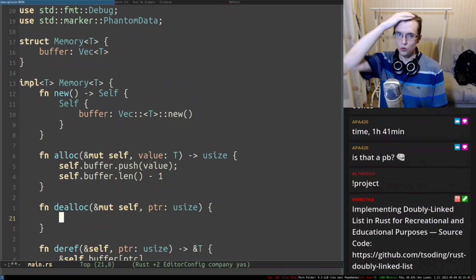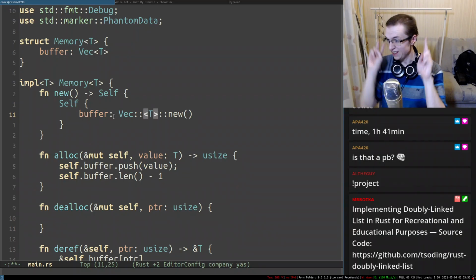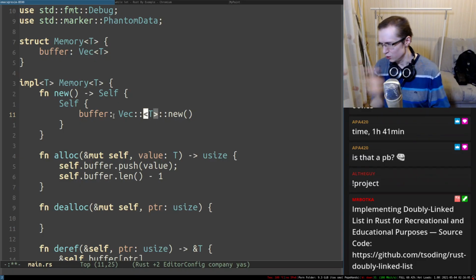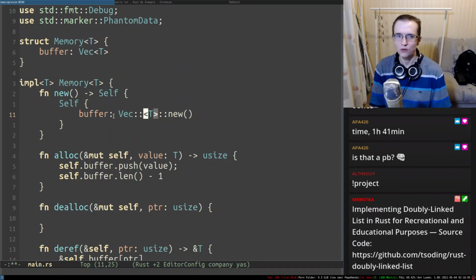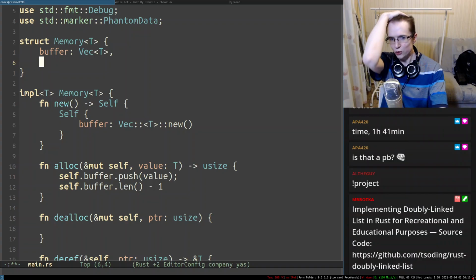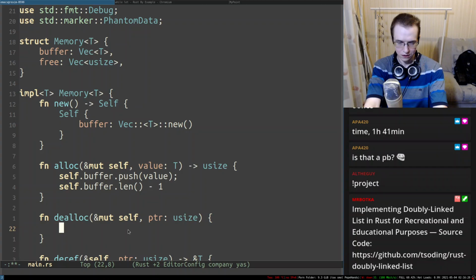So then you can reuse this object. You know what I mean? So, but to be fair, how can you reuse it? We can mark some of these elements to be free, right? We can mark them to be free, but then allocating is going to be actually O of n, which is very slow, right? You have to go from left to right and look for those things. I have a better idea, actually. What if you deallocate an element, we're going to push it into like free here. Right, so every time you deallocate this thing,